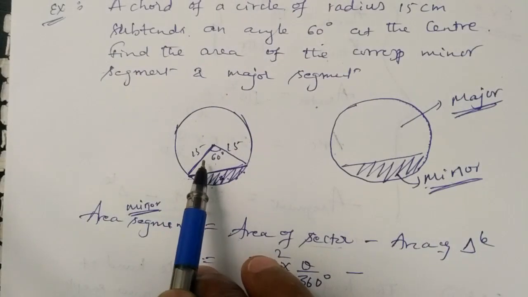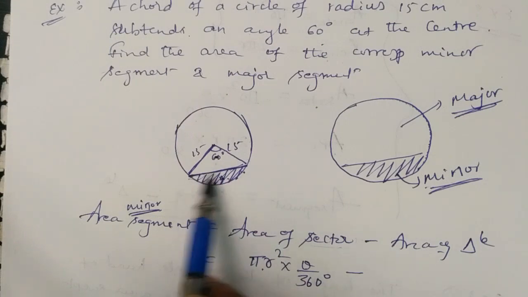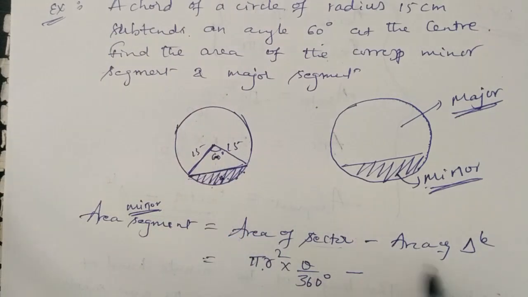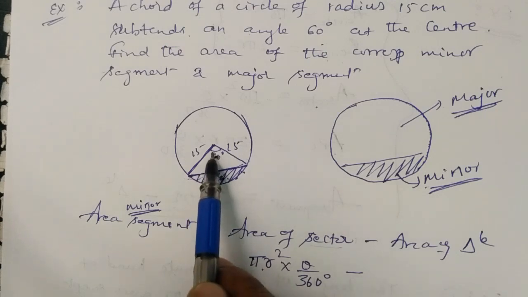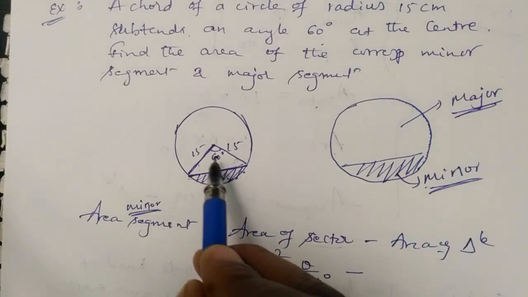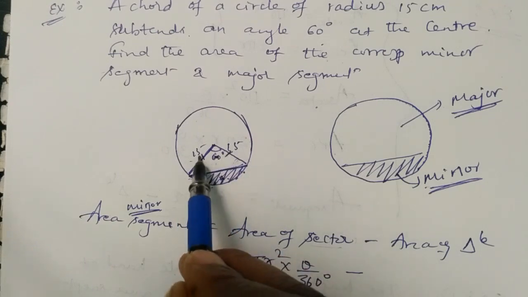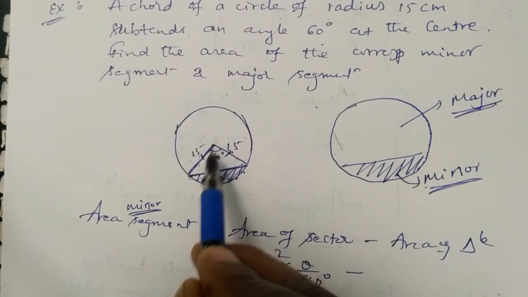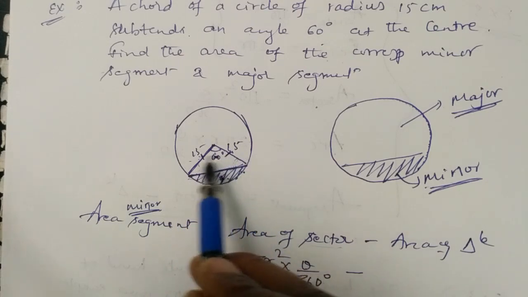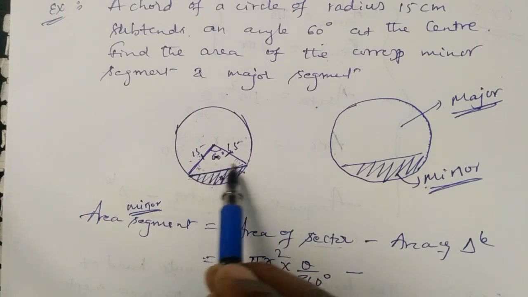So what triangle is given here? That is important. This is 60 degrees. What kind of triangle is this? If it were 90 degrees, it is a right angle triangle, and half into b into h is enough. But this is 60 degrees. I cannot say this is an equilateral triangle yet, because we don't know the remaining two angles. These two sides are radii, so they are equal, and it becomes an isosceles triangle. In an isosceles triangle, angles opposite equal sides are equal.